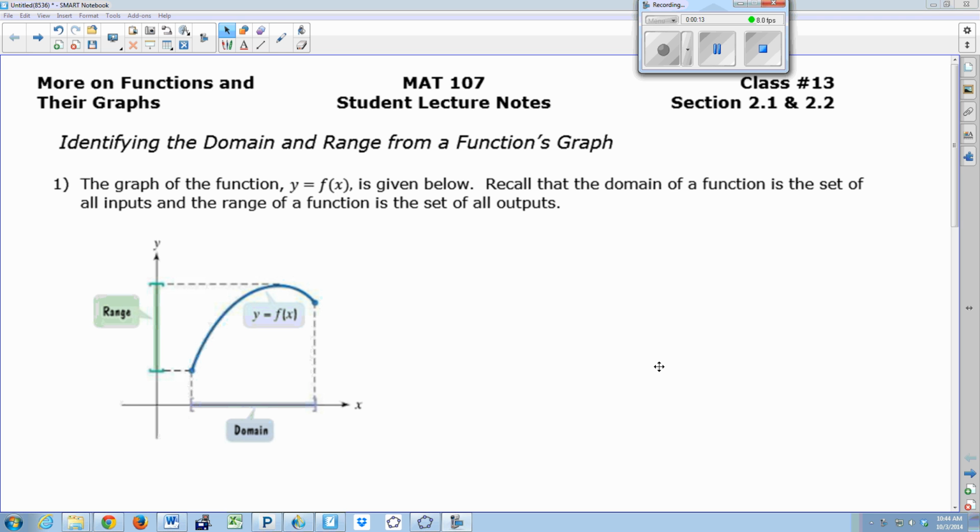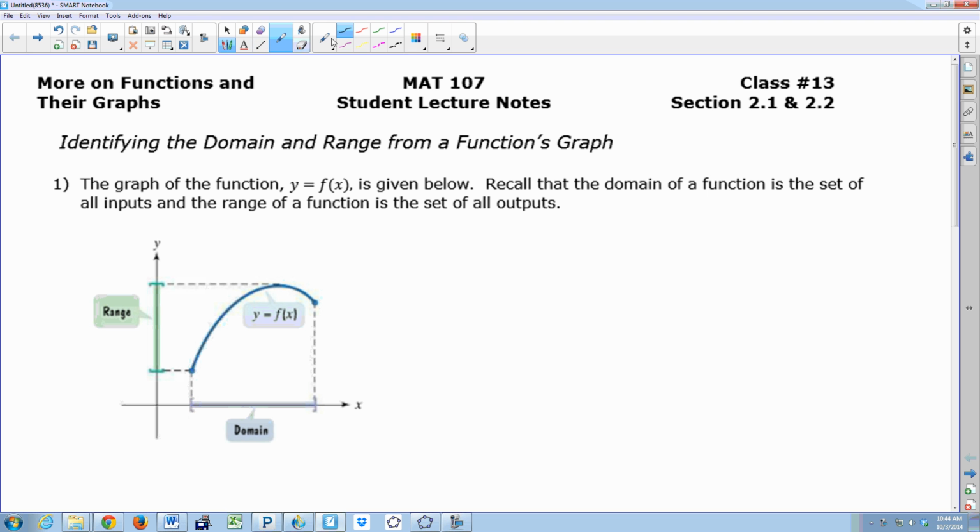Okay, so the domain is the set of all inputs. Again, the key word here, well, there's a couple of keywords, but remembering that when we identify a domain or a range, we're talking about a set of numbers. One of the easy notations we're going to be using here is interval notation to talk about the set of inputs